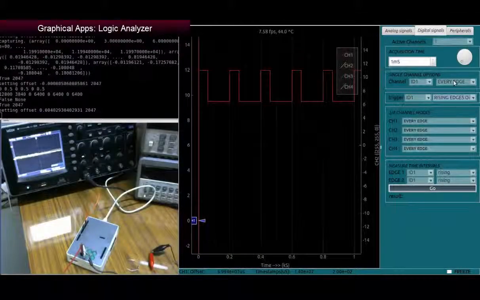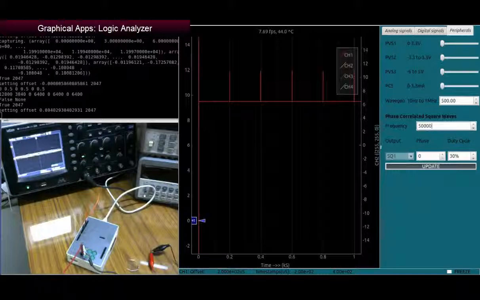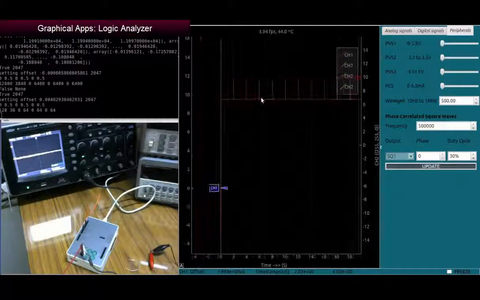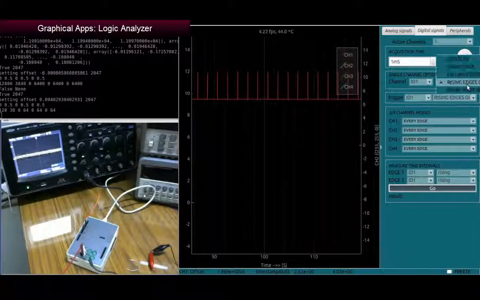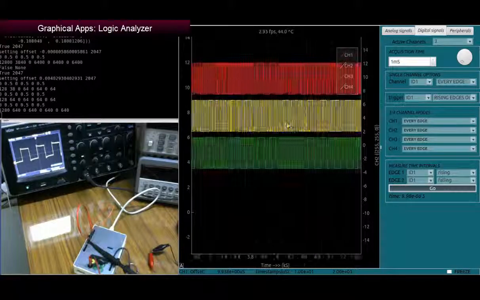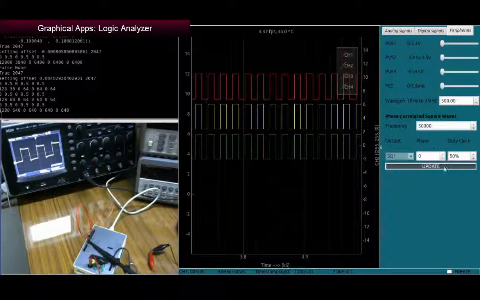This is the graphical application for the logic analyzer. Its primary object is to record fast temporal signals such as the motion of a projectile through a light barrier. In the multi-channel mode, recording every edge can result in a false signal if a level change appears within a 200 nanosecond window from the starting or the trigger point. The logic analyzer can also select the type of level changes to record. This is a hardware feature and will be very useful for physics experiments.